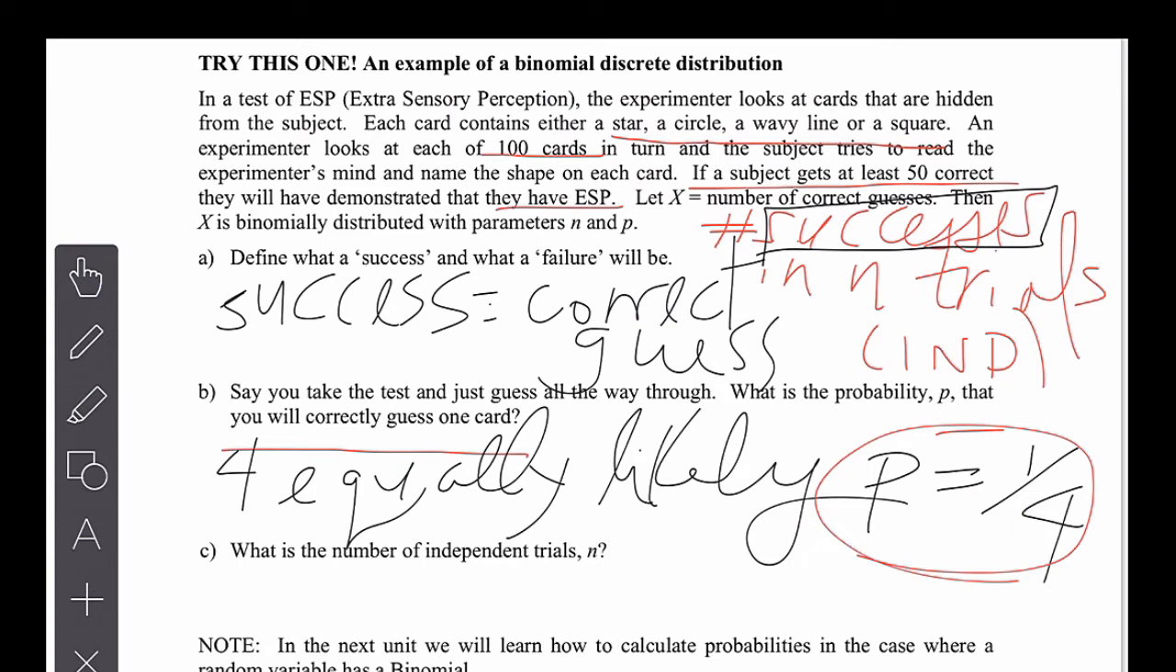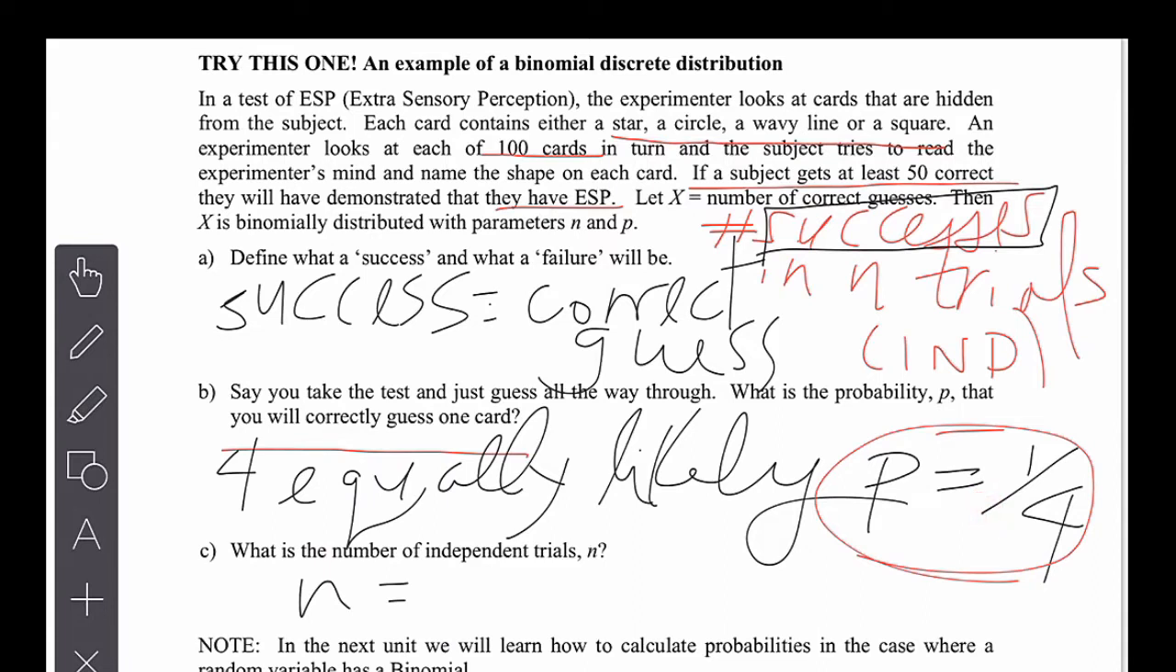So next, what are the number of independent trials? So there's 2 things here. You need to know the number, which we're going to call n, and you need to know that they're independent. What does independent mean? Independent means, in this scenario, from each attempt, the chance of the person getting the correct card is going to be 1/4,